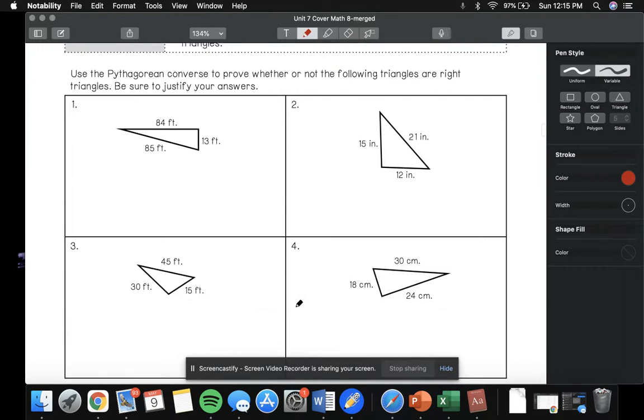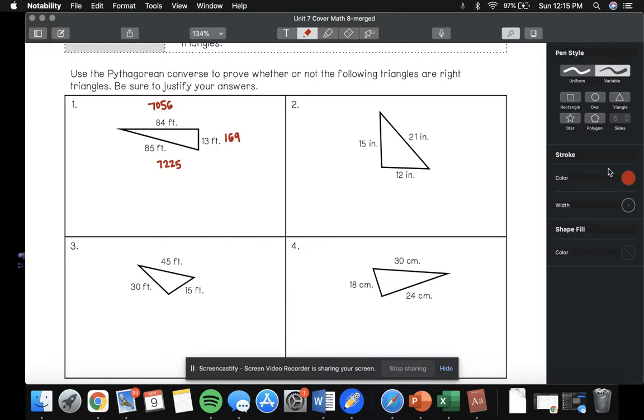Okay, so we have this triangle. We have no idea if it's a right triangle or not. I can understand that this is my longest side, so this hopefully should be my hypotenuse if it is a right triangle. And what we're going to do is square all of these, because that's what we did with the Pythagorean theorem. Okay, so 13 squared would be 169. Okay, 84 squared is 7,056, and then 85 squared is